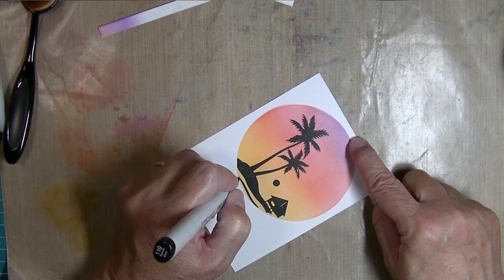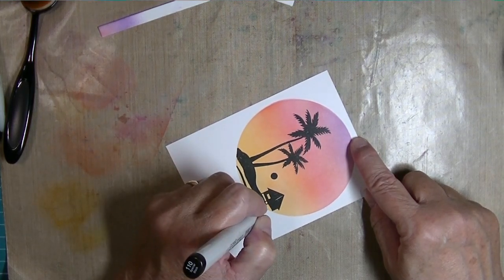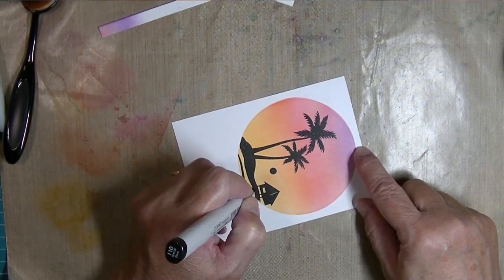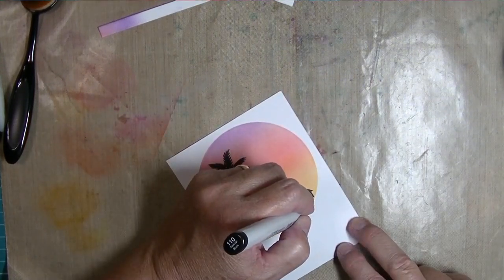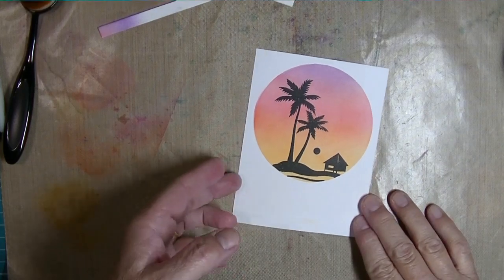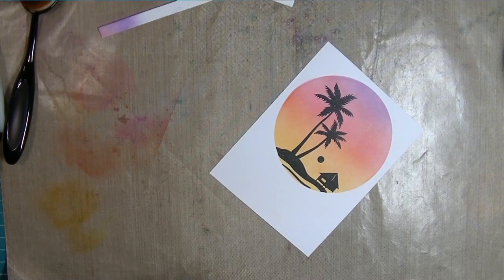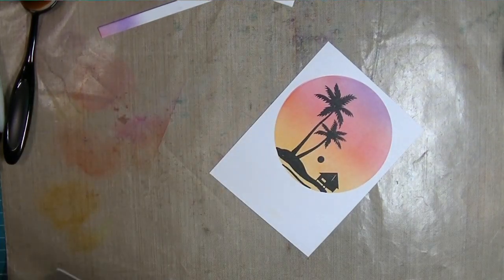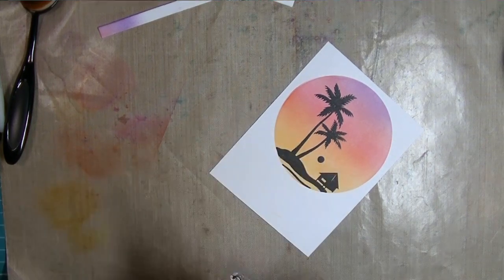So I'm just filling in where it didn't stamp because that circle mask, or the circle spotlight stencil, was there. And of course you get the circle piece too, so you could actually create your ink blending around your little scene here and leave your scene just white and black if you wanted to, which is a pretty nice look too. So I'm going to pull out that sentiment that says "Seize the Day" because I love that